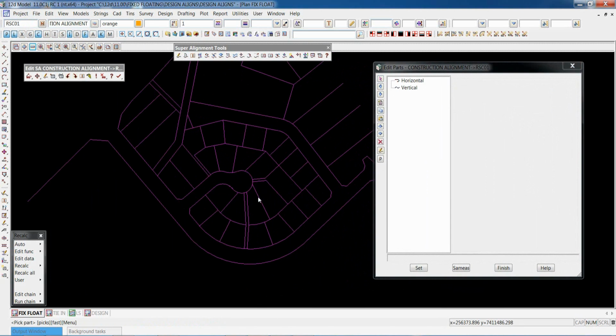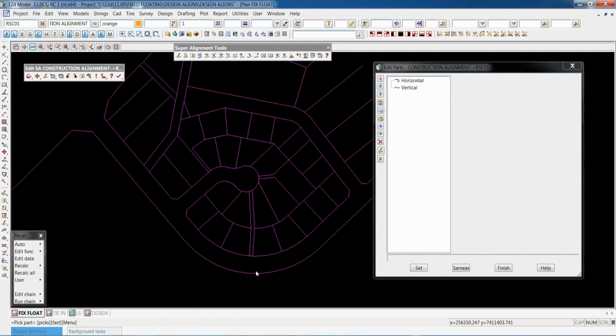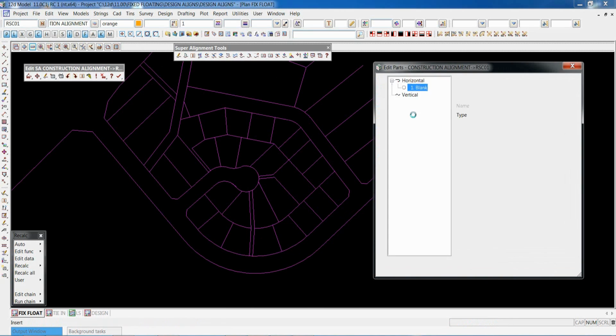So in this subdivision project here, we're going to look at the alignment string down this road here. So we're going to look at the property boundary by 2 points with an offset, the property boundary down here, and look at the types of free arcs, or in this case similar to fillets, that would be available. So we insert the part,